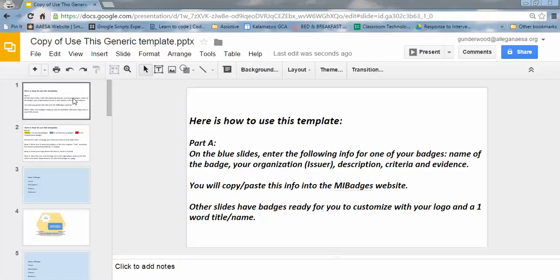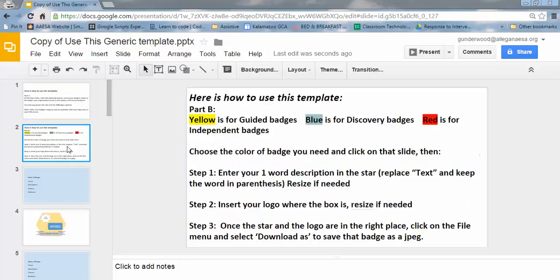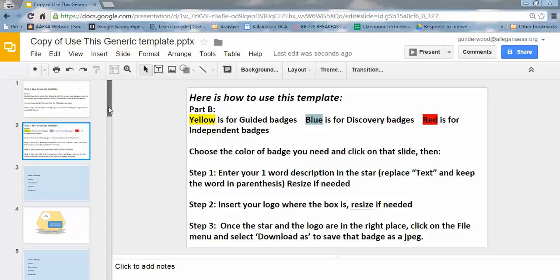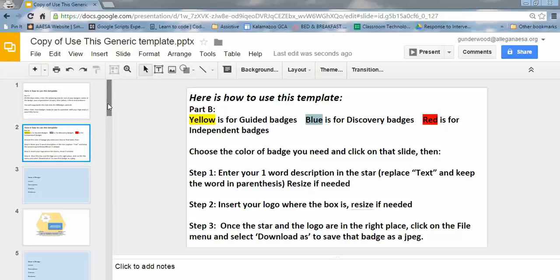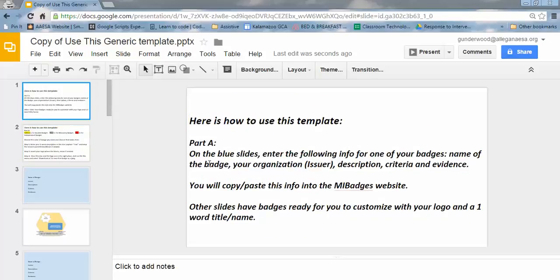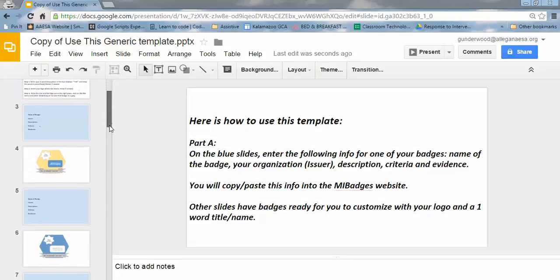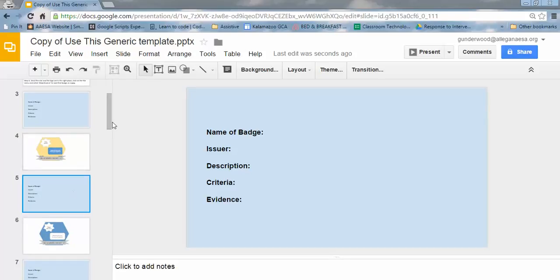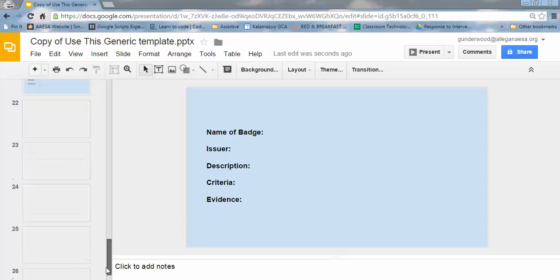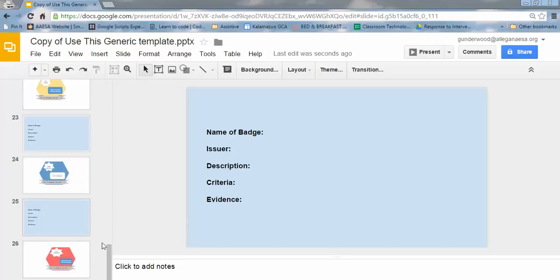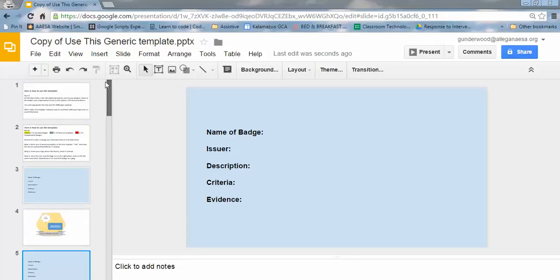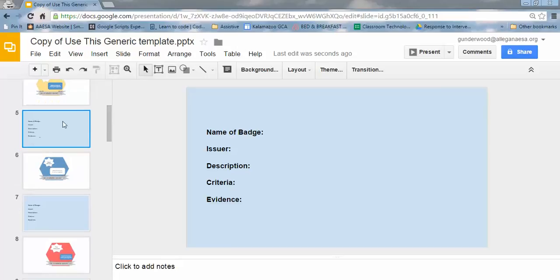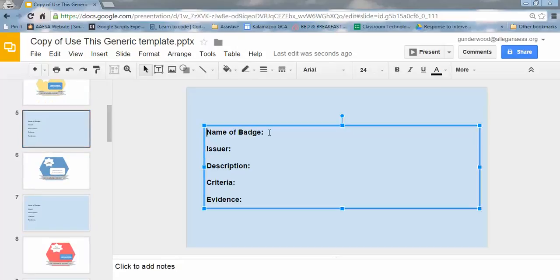Everyone's will look the same, and the first two slides will have directions on how to use the template, and this video is going over each of those steps. So the video gives in-depth instruction, and then the template itself will have some of the basics to refresh your memory. Each of the blue slides, you'll see that there's quite a few of them. You don't have to use all of them, and you can even make copies of them if you need to use more of them. But they guide you in helping you to provide the information that you need for the